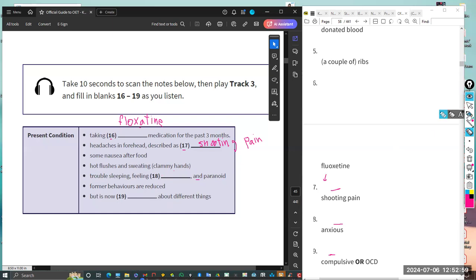Let me repeat it. I just don't think that medication is doing me any good. For 3 months, ever since I started taking fluoxetine, I've been feeling really bizarre. I get these terrible headaches that come and go. It's like a shooting pain in my forehead, and I sometimes feel nauseous after eating. And I keep having these hot flushes. My hands will get clammy and I feel anxious and start shaking. I find it difficult to sleep when I'm in bed. I get kind of agitated and I'll start thinking about all of the things that went wrong at work or